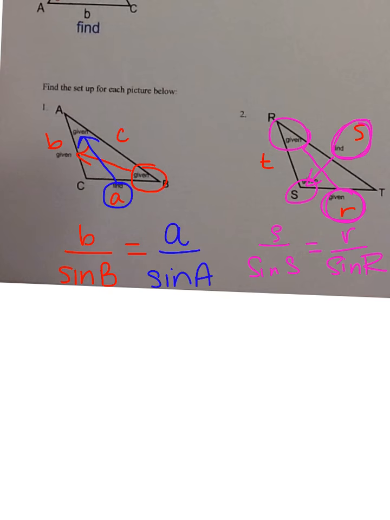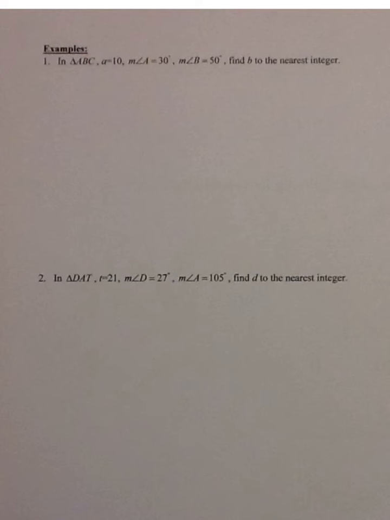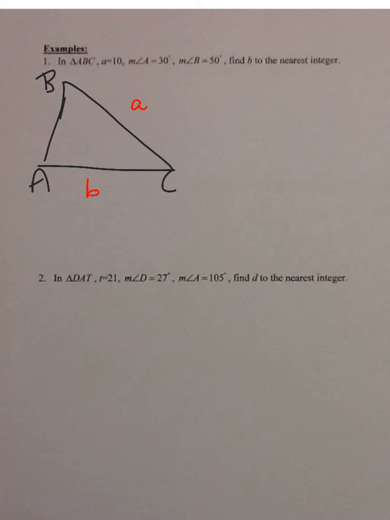Okay, so let's flip it over and take a look on the back. We have in triangle ABC, A is 10, angle A is 30 degrees, angle B is 50 degrees. Find side B to the nearest integer. So what we're going to do, start off by drawing a triangle. So I have triangle ABC. Okay, so I have little a is here, little b is here, and a little c would be here. So I have side A is 10, angle A is 30 degrees, angle B is 50 degrees, and I'm looking